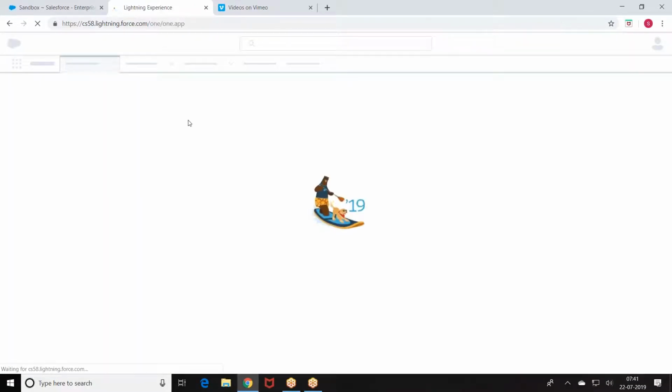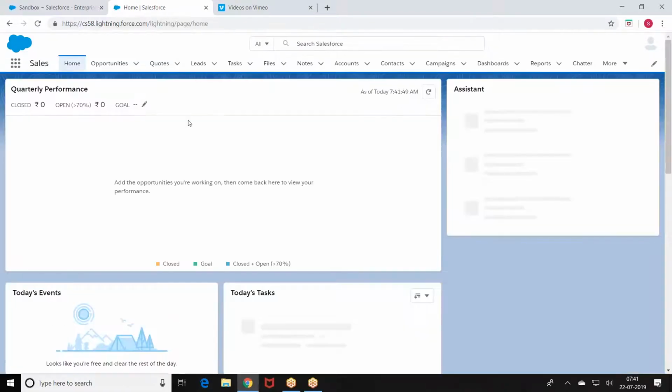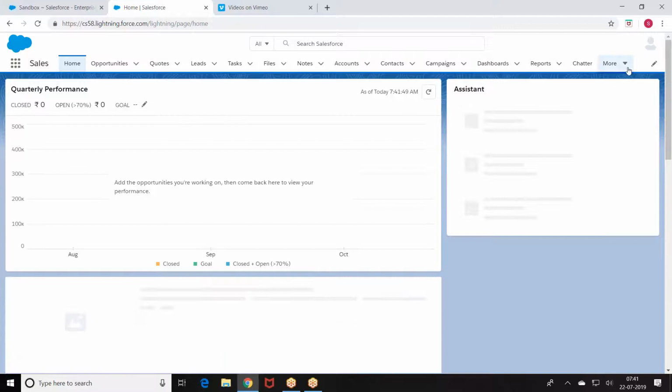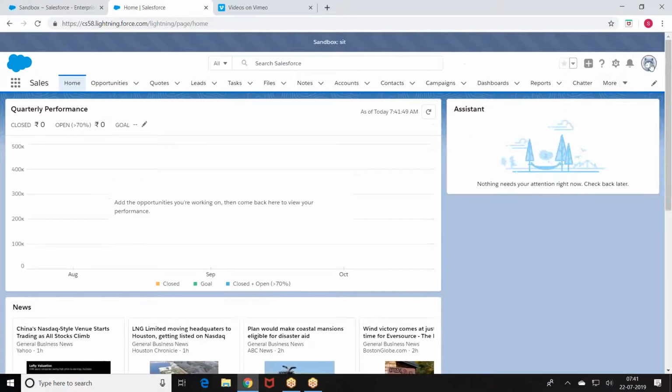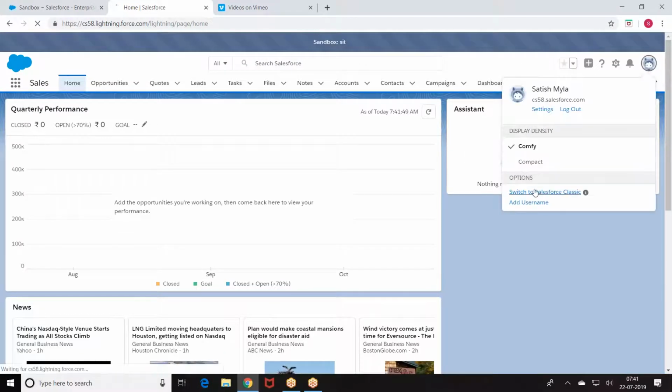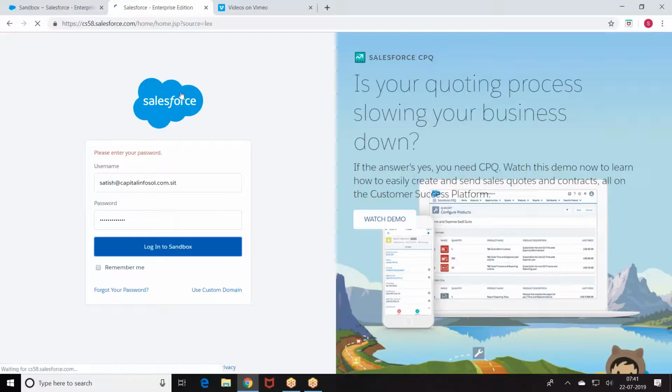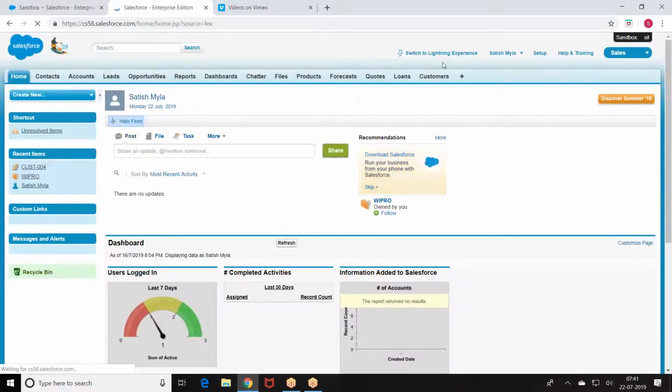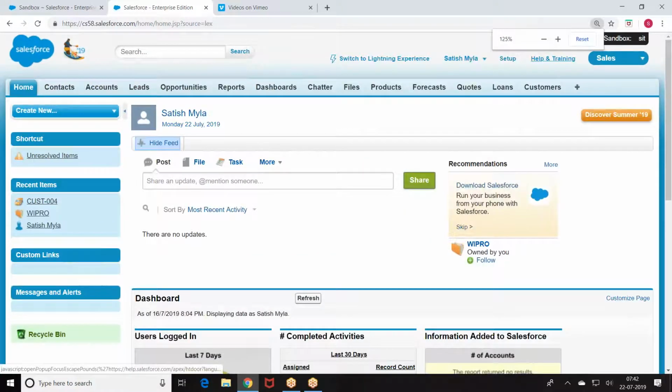Log into the sandbox. So what is a sandbox? We have created a sandbox. We are logging into the sandbox. Once you have logged into the sandbox, whatever development activities you want to do, we should be doing from here. Okay. Now go back to the story.